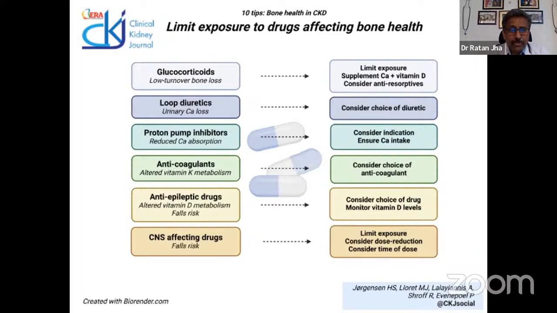And one has to look at whether it can be discontinued. Anticoagulants, particularly, can interfere with vitamin K metabolism, and hence the novel anticoagulants, NOACs, could be a better kind of anticoagulant than vitamin K dependent anticoagulants. Anti-epileptic drugs could alter vitamin D metabolism and increase the risk of fall and fracture. And hence we have to choose the appropriate anti-epileptic